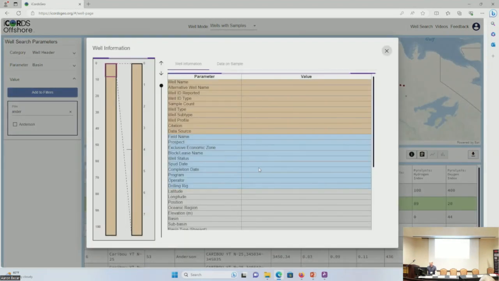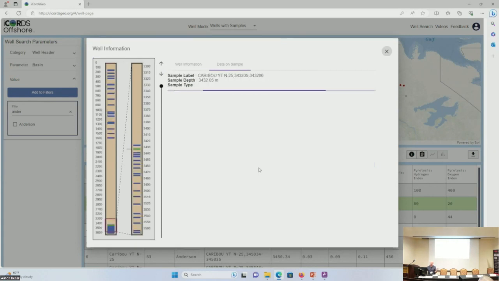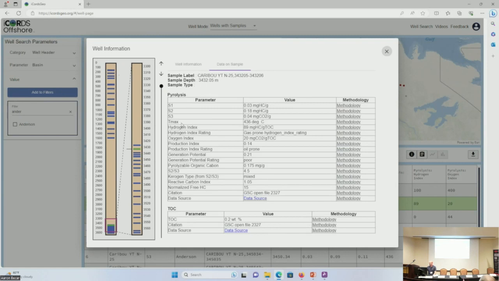What do we know about this well? And specifically just the sample that I just clicked on. So it'll take you straight down to where it is at 3433. And again, at a glance, we can see everything as far as samples about this well. And it's now scanning the database to see everything it knows about that particular sample. And so we have a rich set of pyrolysis data and a rich set of TOC data available for just that one sample. And I like your idea that we should just show the entire well on anything of depth